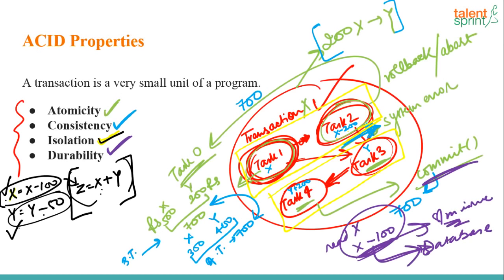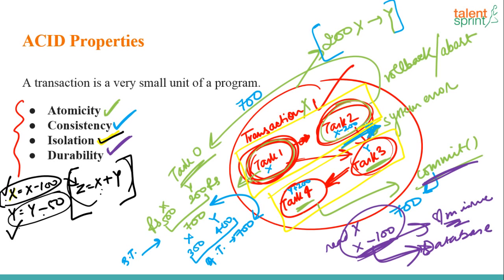Shravani, that's going to take a lot of time, but let me just highlight it for you. Atomicity means that the entire transaction takes place at once. So if your transaction consists of 4 parts, task 1, 2, 3 and 4, atomicity says that all 4 should execute together as one unit. You cannot execute 2 tasks and leave the other 2.